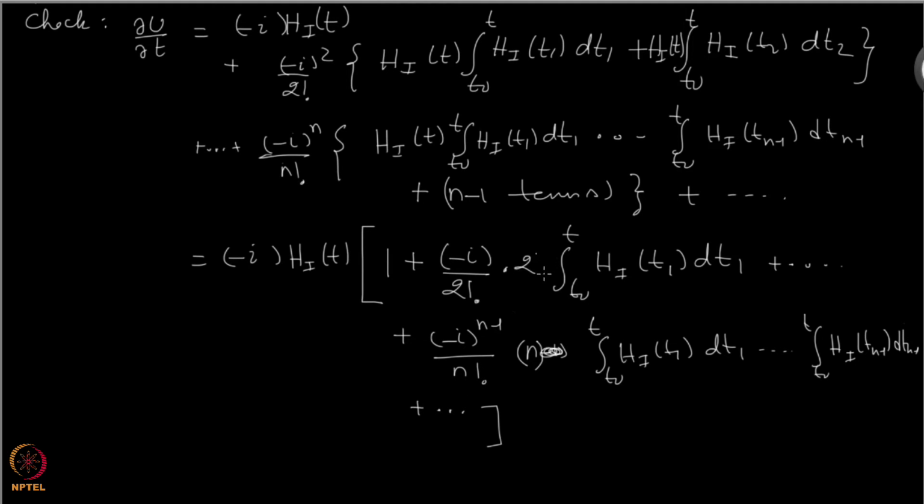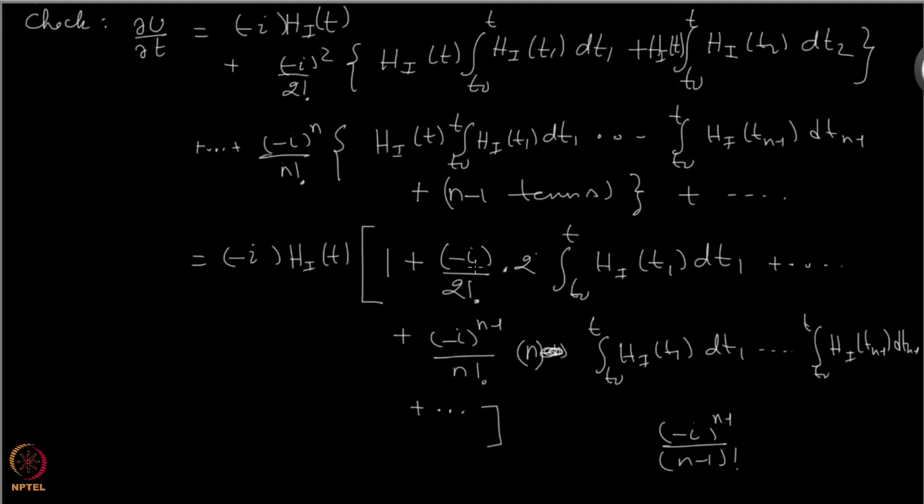So this will become, let me write the coefficient of this one, it will become minus i to the n minus 1 over n minus 1 factorial, and this will have n minus 1 such factors, right. So you see that this is just an exponential again, okay,